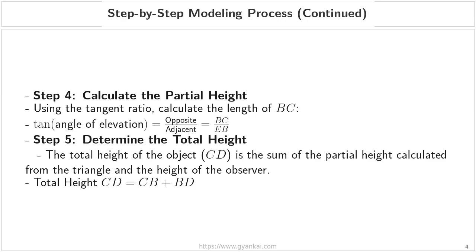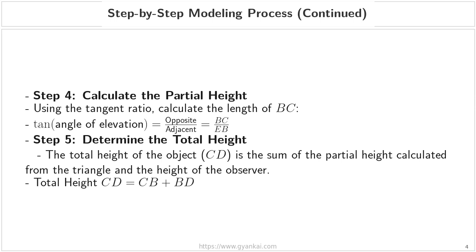Step 5, determining the total height. It is very important not to stop at the value of BC. As we discussed in the earlier slides, the observer's eyes are not on the ground, they are at a certain height above it. Therefore, the total height of the object, which we call CD, is the sum of the partial height we just calculated, BC, and the distance from the base of the object to the eye level, which is